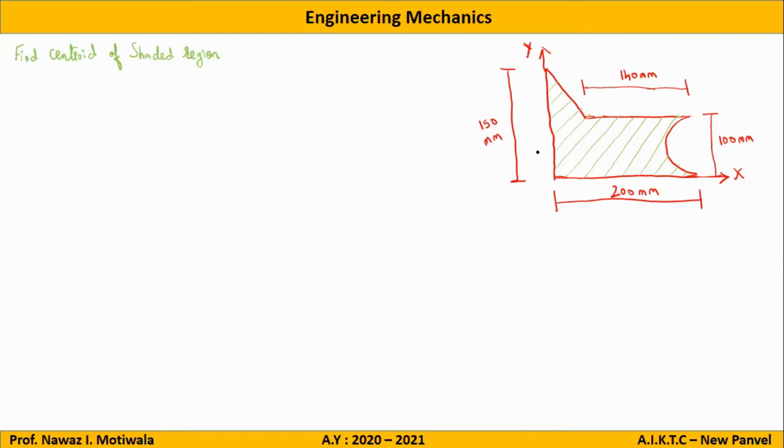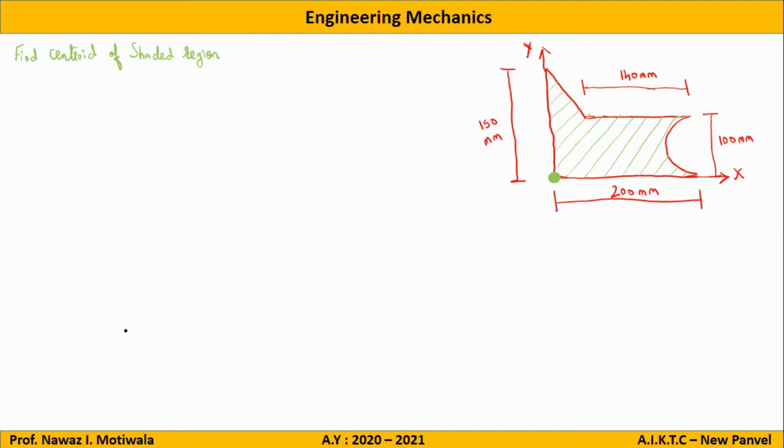So this is my y axis, this is my x axis. So this intersection point will be my reference point. So this is now coming same as lowermost bottom corner in this case, but in every case it will not be same. So again I repeat, whenever x and y axis are given in the question, you have to select the reference as the intersection point of xy axis and not your own reference. Understood? Yes, sir. Okay.